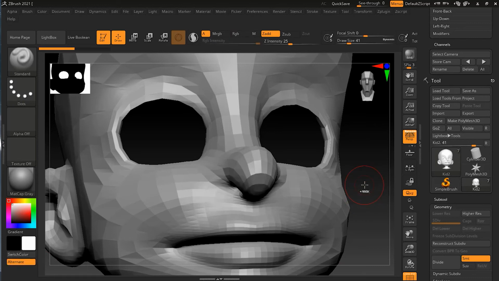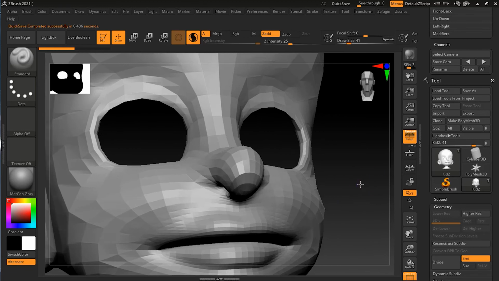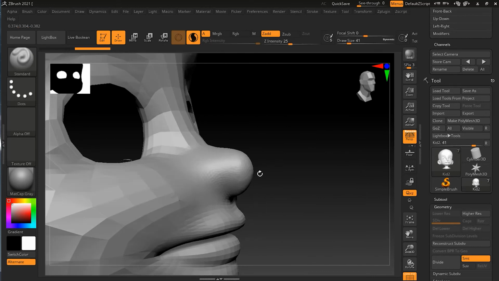Then I will go to my Sculptris Pro here, and if I start smoothing with this, let me move it around. If I press the Shift key on my keyboard, you can see the smooth of Sculptris Pro is an orange color, while the smooth of regular ZBrush is kind of a blue color, but here it is orange. So if I start smoothing this out over here,